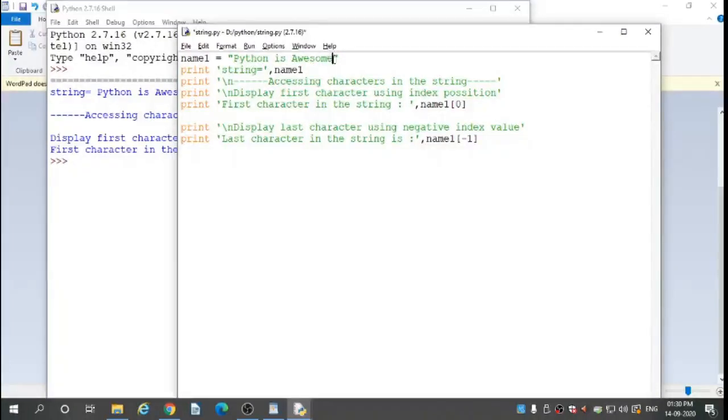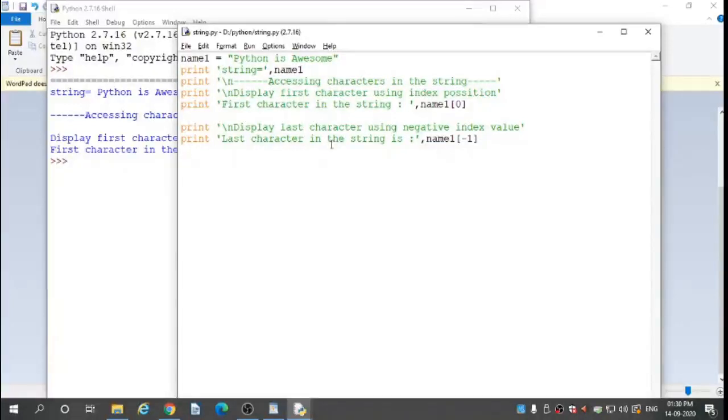Here -1 position is E, -2 position is M, -3 position is O. For the last character, meaning reverse direction, the index value starts from -1, -2, -3, and the value decreases. Our string is Python is awesome, so in square bracket -1 starts from E.